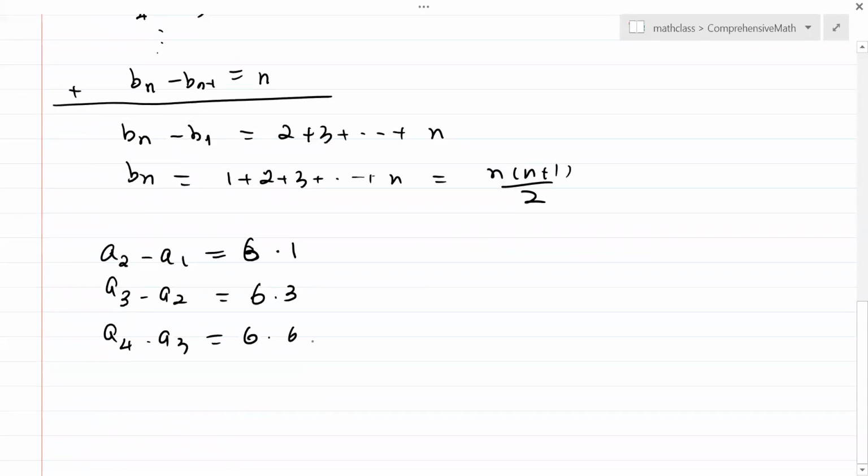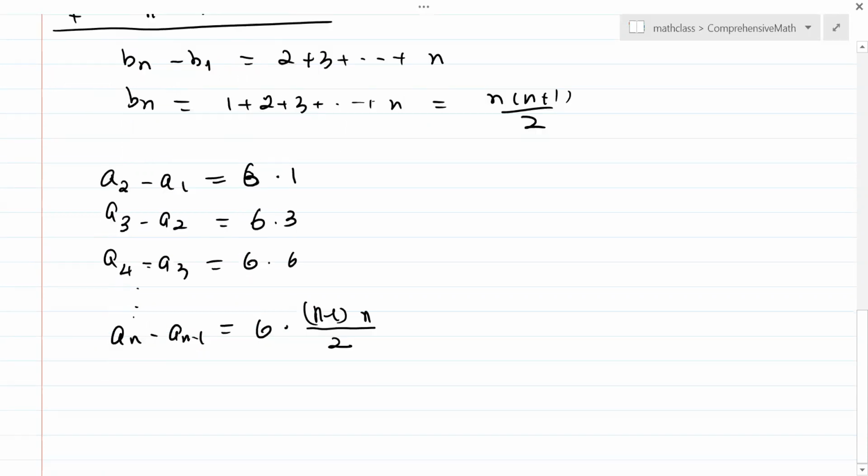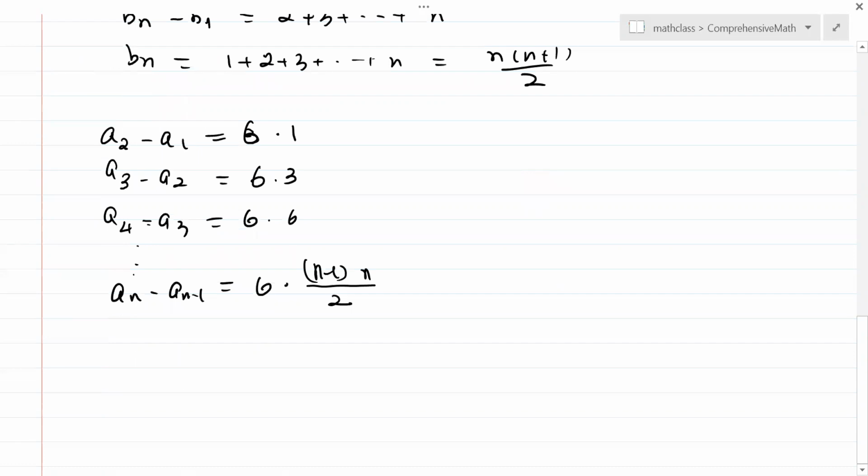So that's the third term. In general, an minus a(n-1) is 6 times the n minus 1th term. Something like that. So if you add them together,